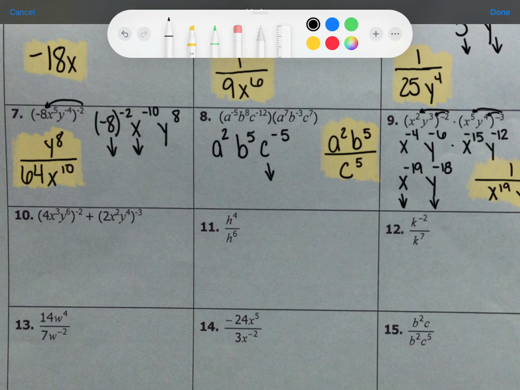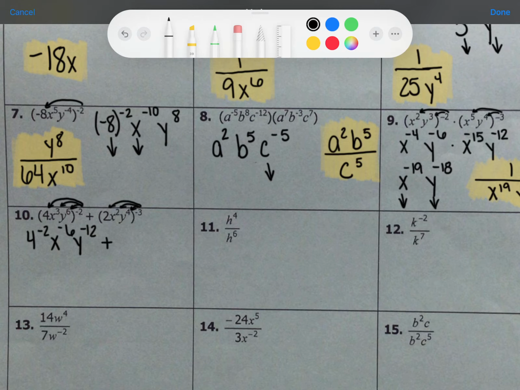All right. So first I have to get rid of these parentheses, so I'm going to distribute. So go ahead and distribute on your paper. Tell me what this first set of parentheses would be. And then do the second set. So when you distribute, you get 4 to the negative second. We'll fix that in a minute, because that is not negative 8, nor is it negative 16. It's special. X to the negative 6th, y to the negative 12th, plus,